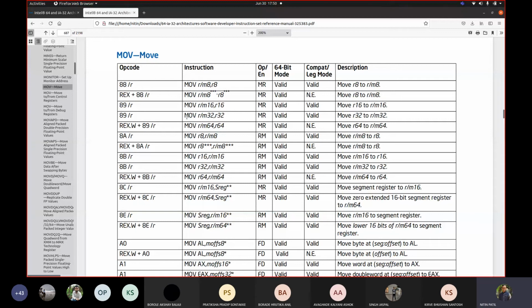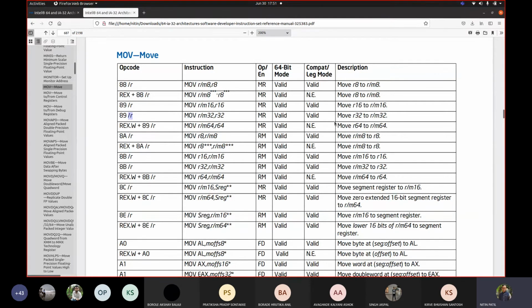For the rest of the thing now, MOV r/m32. RM means what? Either it could be a register or memory, 32 bit. Destination could be a memory or a register, but source should be a register. So let us only talk about register to register. So it said 89. Wherever you see /r, remember my statement.